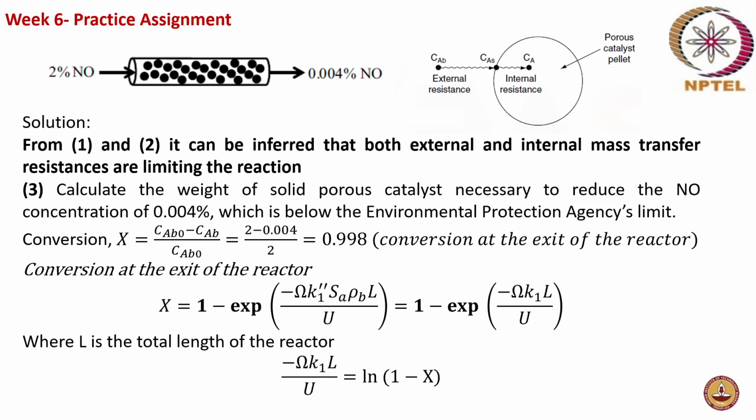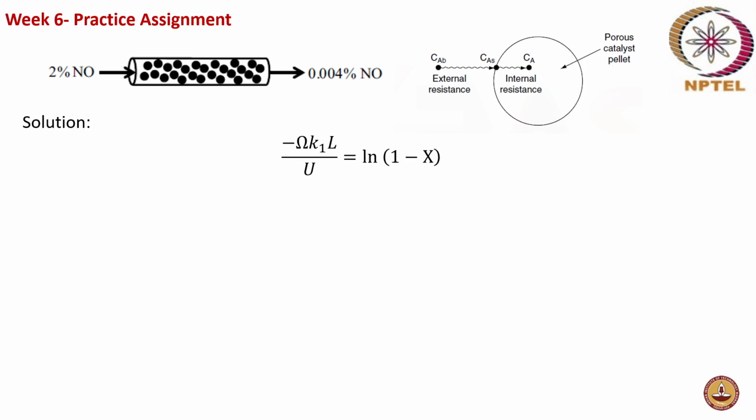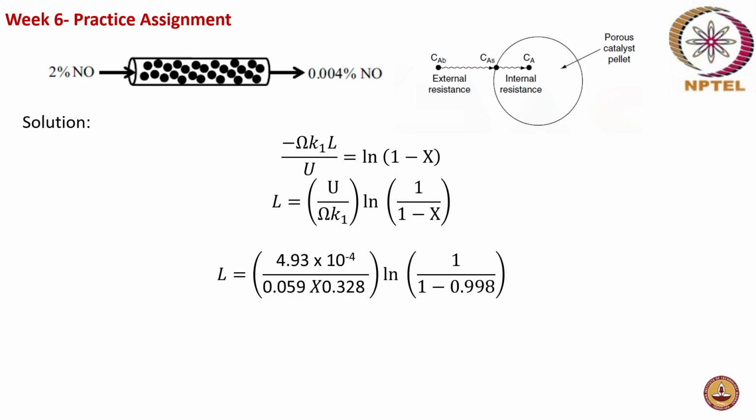So, in order to find that out, we are rewriting the expression. Rewriting the expression, we get the length of the reactor is equal to U by omega into K1 multiplied by ln of 1 by 1 minus x. Substituting this, we have all other values. So, substituting all the values, we get the length of the reactor L is equal to,